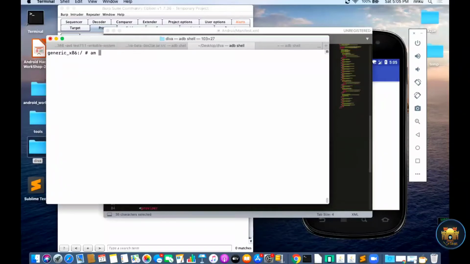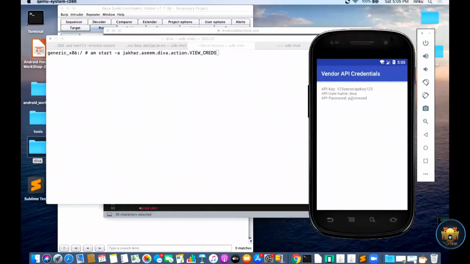With am you can use the start command to start the activity. Then use -a for the action. So I define my action here, this is the intent. So the Android system will automatically find this activity and display it to us.